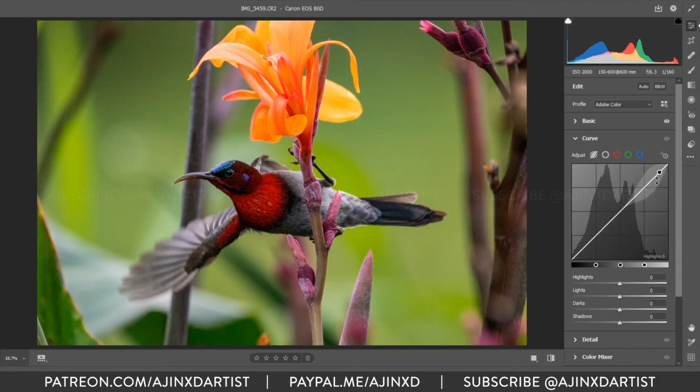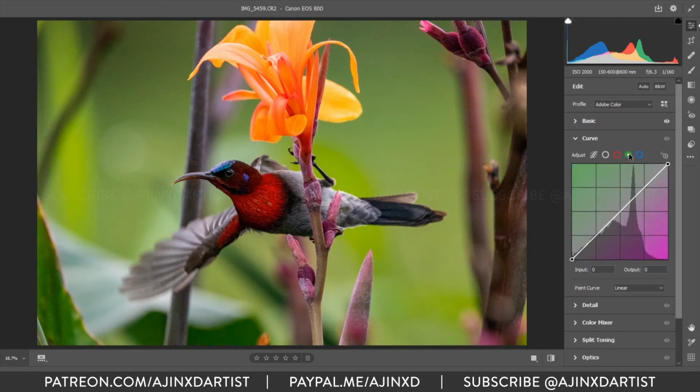Then comes the curves. So if you feel there's still not enough green, you can go to the individual channels and adjust the greens. We have greens in the shadows, which we can pull towards the reds or push towards the greens.